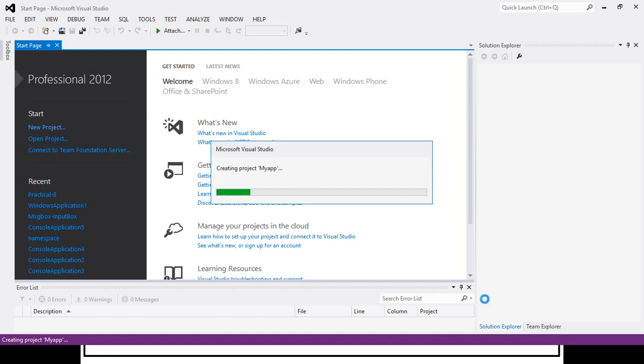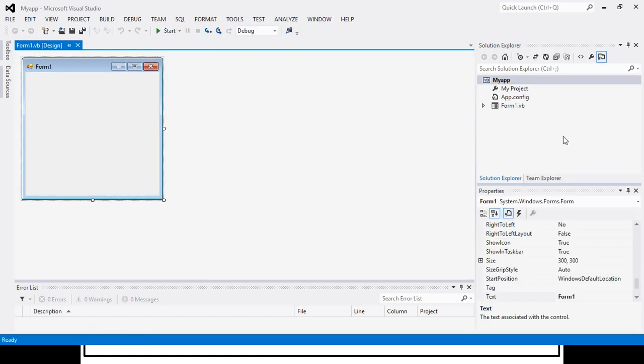So this will create the project my app. So here in Solution Explorer you are able to see my app. In that we are having our Form1. Now this is the form design window.